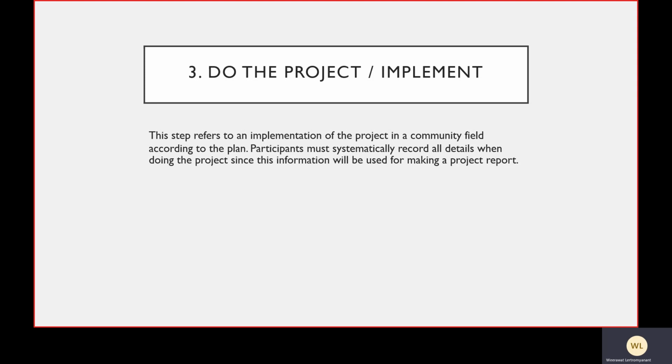Alright, this step refers to an implementation of the project in the community field. You go to the real place according to what you plan, because you will know what you have to do. And participants must systematically record. Don't forget, when you do the project, when you clean, when you plant, when you help, when you teach, you have to record all the details, because that record or that information will be used for making a project report. You have to do a report to show or to explain